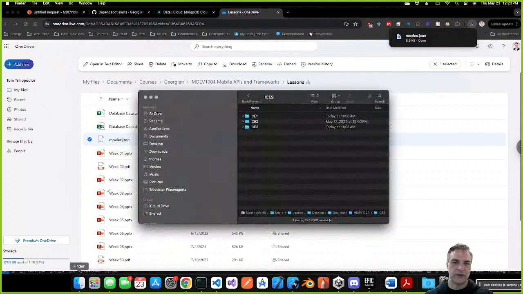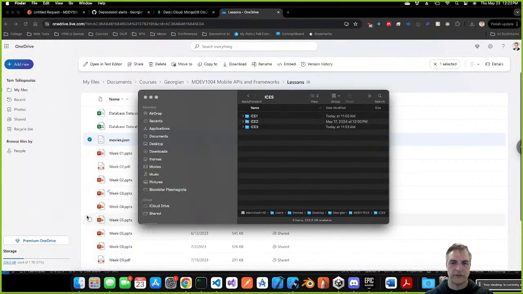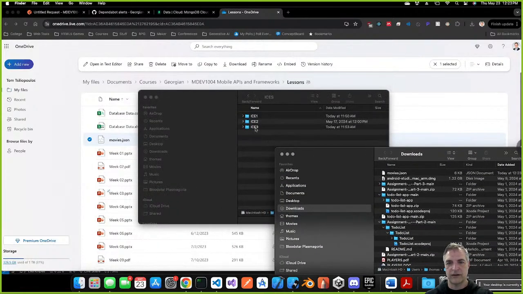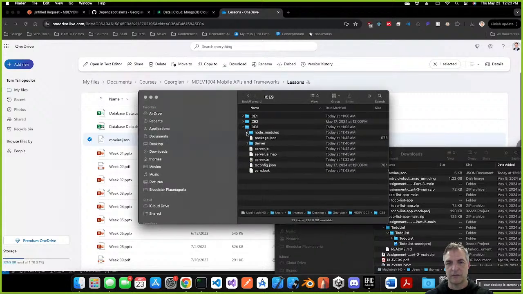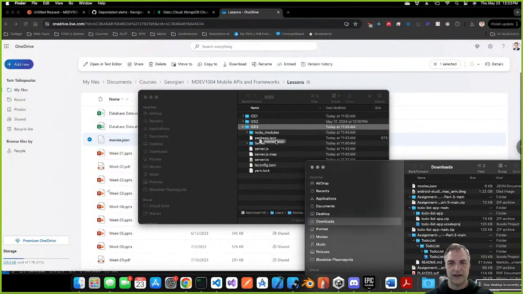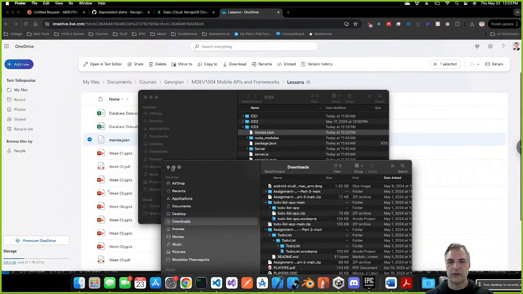And then under downloads, let's open up another folder. There's downloads. There's movies.json right here, and then there's my in-class exercise 3. Remember, I can do this in the operating system too. I have to just download or copy this one, movies.json, and copy it into in-class exercise 3. Right, there it is, or move it. I just moved it there. Wonderful. And what this allows me to do is,